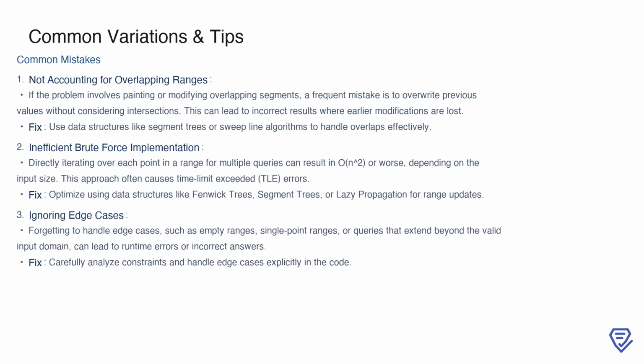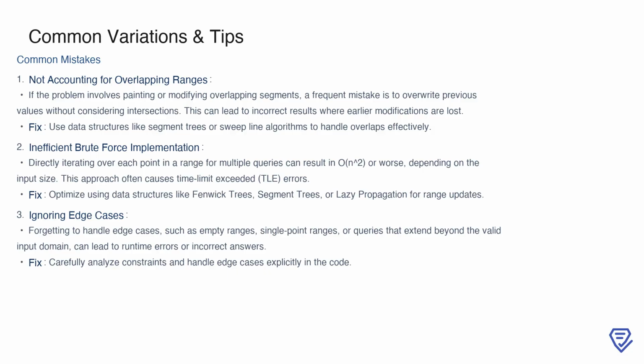Iterating over each point in a range for multiple queries may seem straightforward, but it often results in poor performance, especially for large inputs, causing time limit exceeded errors. Instead, optimize using data structures such as Fenwick trees, segment trees, or lazy propagation to reduce complexity. Lastly, it's critical to handle edge cases. Forgetting scenarios such as empty ranges, single-point ranges, or queries that extend beyond the valid domain can lead to runtime errors or incorrect answers. Carefully analyzing constraints and explicitly addressing these edge cases in your code can help ensure your